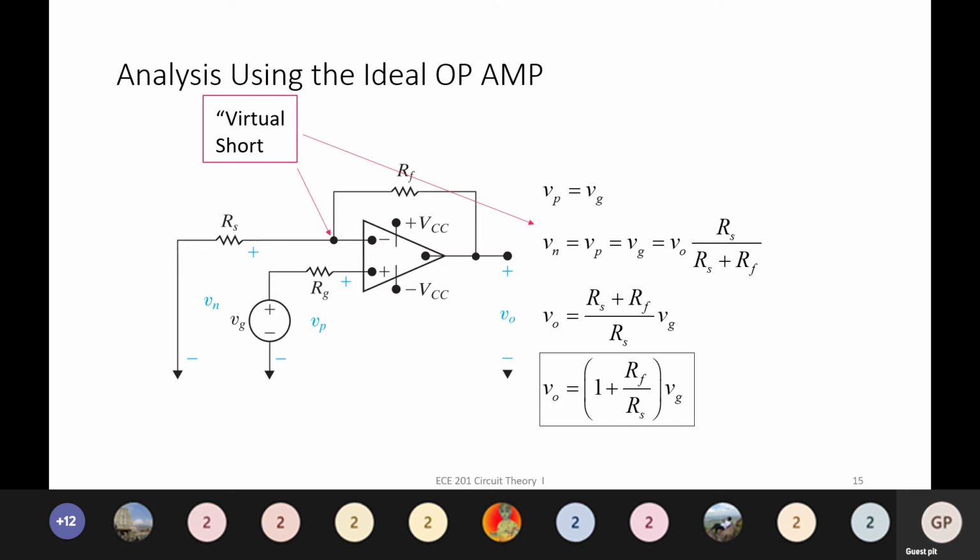Okay, so writing expressions for this. Again, we'll be applying the golden rules. The potential at this point is equal to the potential at this point. Based on this, we can write the expression, rearrange, and we'll get the final expression as V0 is equal to (1 + RF/RS) times the input. Okay, so output is equal to gain times input. Here we can see that there is no minus sign since it is not going to change the polarity. And the gain value is 1 + RF/RS. Okay, 1 plus this feedback resistance value divided by this input resistance value, RF by RS. We should remember this in order to do problems.